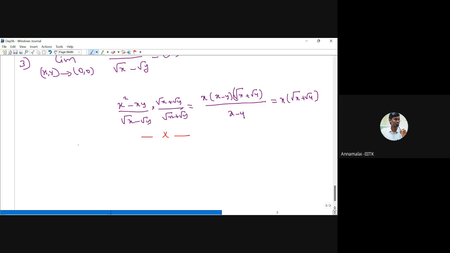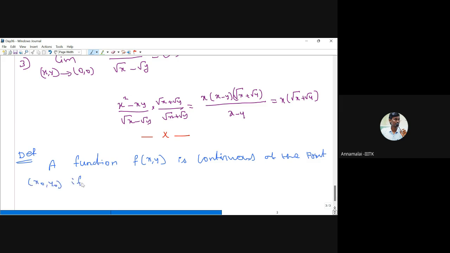So, definition: a function f of x comma y, a function of two variables x comma y, is continuous at the point x naught comma y naught if